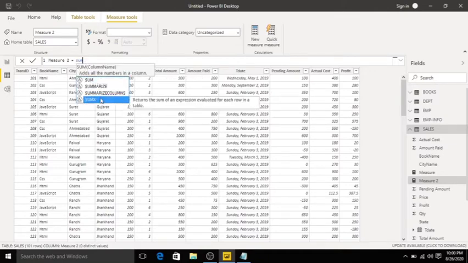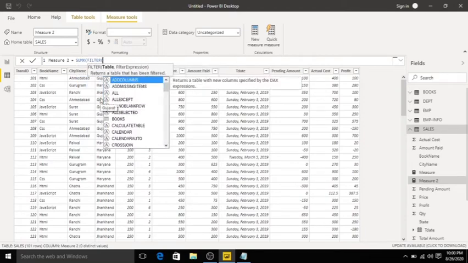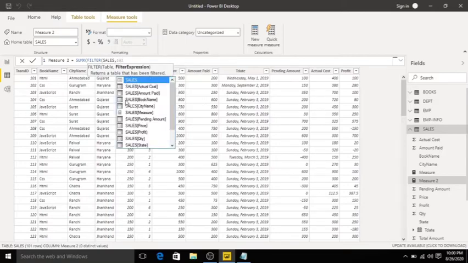Click tab of filter, comma table Sales. I have the filter expression applied: Sales of transaction date.